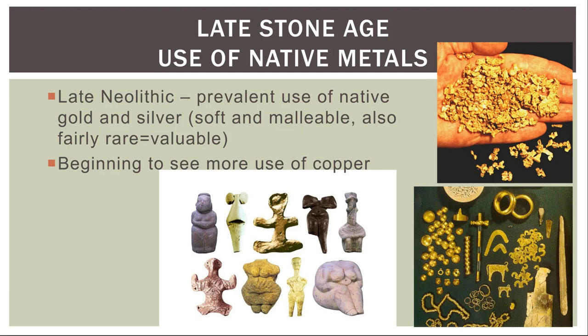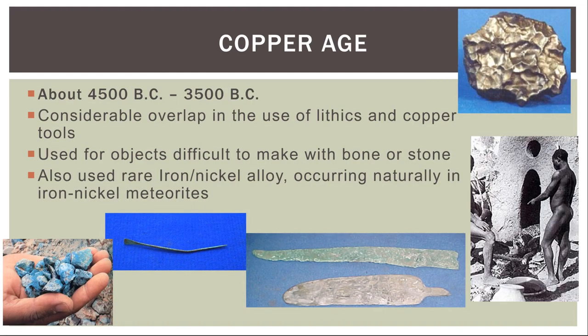We're also beginning to see the use of copper, right? So this is about 4500 BC to about 3500 BC. There's a considerable overlap because it kind of depends on where you are as to who's doing what. But we're using stone and we're using copper. Stone is actually harder, right? Copper's very soft. And so we used it for making objects that are difficult to make with bone or stone, but it doesn't actually really replace bone and stone for stuff,